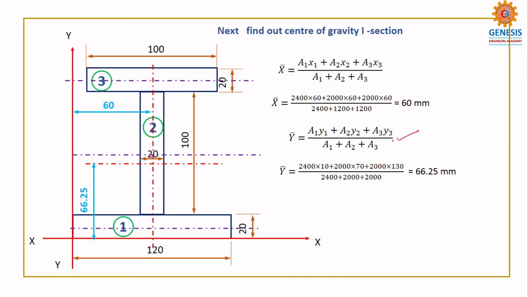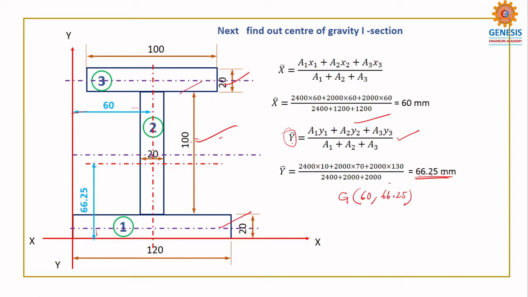Now on the same lines, I can also find the y bar, that is the y coordinate of the composite section. I am applying the same thing. So I found this as 66.25. From this it is 66.25. From this it is 60. So the composite section center of gravity is 66.25. Okay, so the total length, if I observe, is 20 plus 100 plus 20, it is 140. If it is symmetric, the center of gravity may be 70.